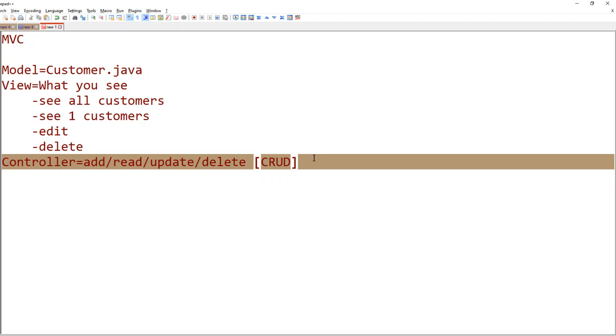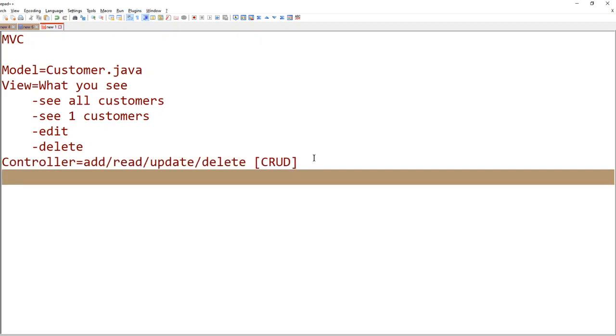So this is what MVC architecture does. The controller sends the data to the database by referring to the model, that is customer.java, and the view retrieves the data. The view shows the data sent by the controller. The controller will send some data to the view, and it will display those data to you so that you will see the data. And from the view, if the view has a requirement to do a lookup or to change something, to update something, then it can trigger